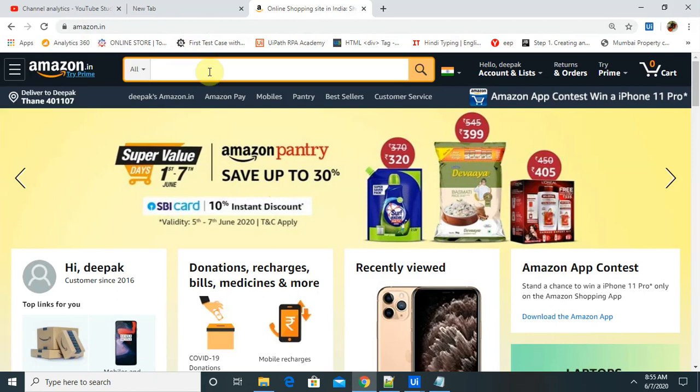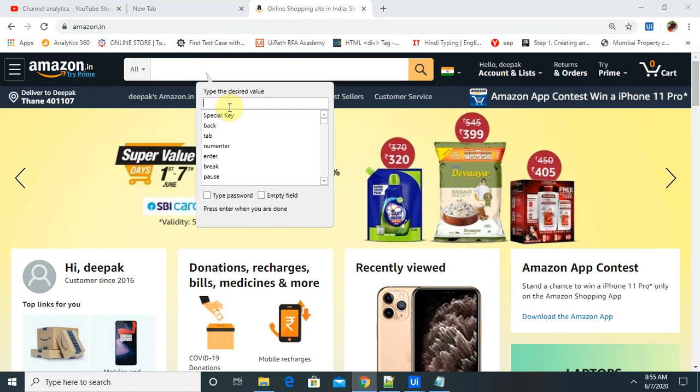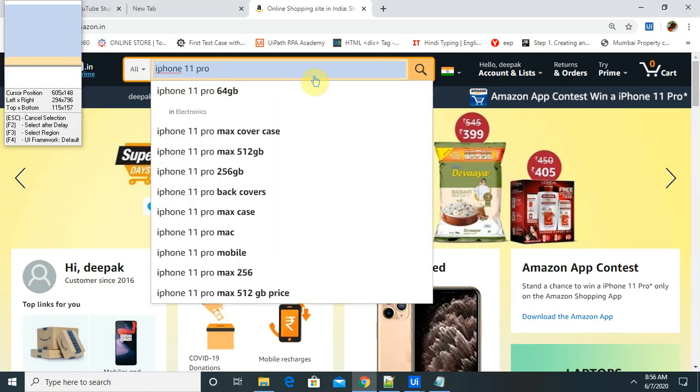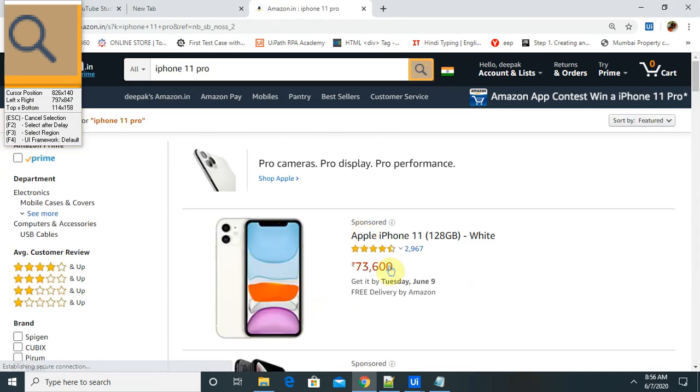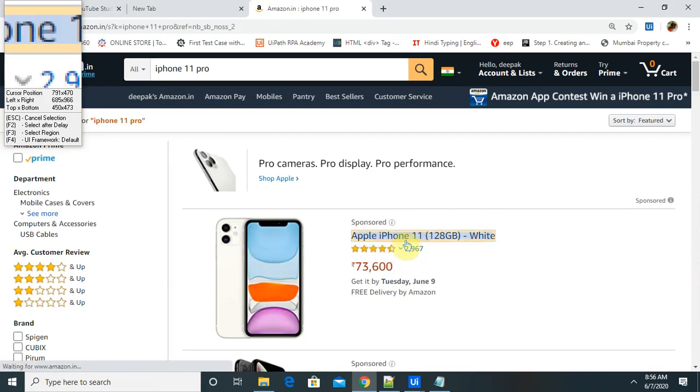Once I click, I am able to see enter. So if I want to search the iPhone 11 Pro, I will hit enter, and once I click the search tab, it will search iPhone 11 for me, and let me click on this.